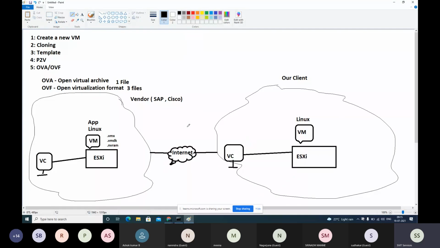During this transfer, if any of the files is corrupted, that means partially copied, only half of the file is copied because of the internet transfer, only a partial file is downloaded, the entire machine will not work. You have to copy again all the files, or whichever file is partially copied. And we don't know which file it is. It looks like all the files have the same capacity as the source, but they are not working here.